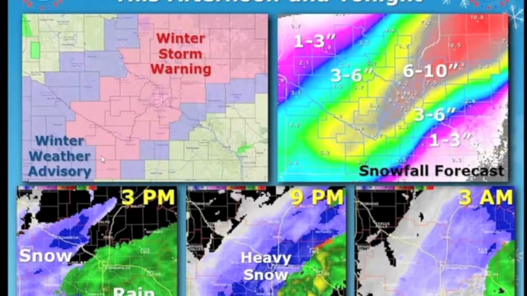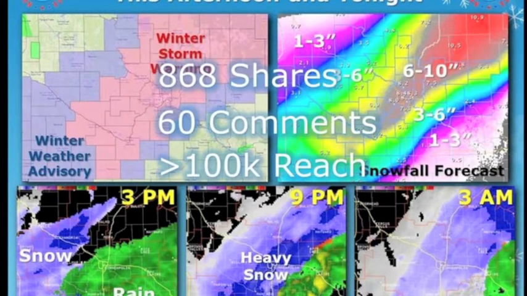A couple things, maybe easier to read labels and things like that, could improve upon there. But other than that, I thought this one was a good one, and it got a lot of attention, probably because it was a late April winter storm warning, and it was kind of at the forefront of the news around this area at the time.